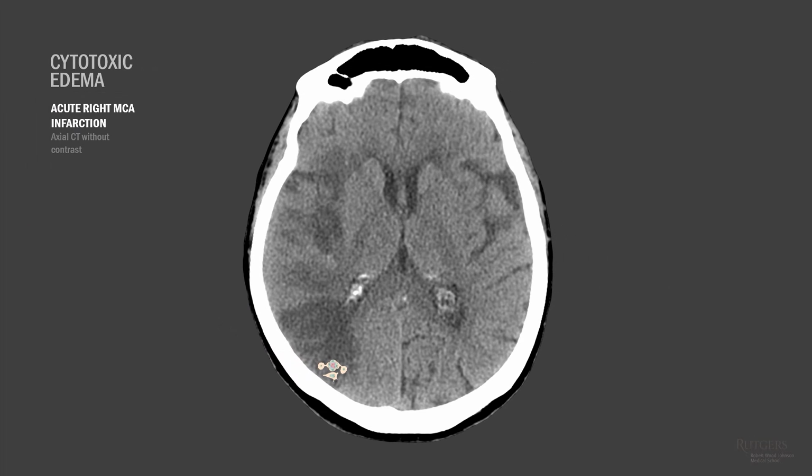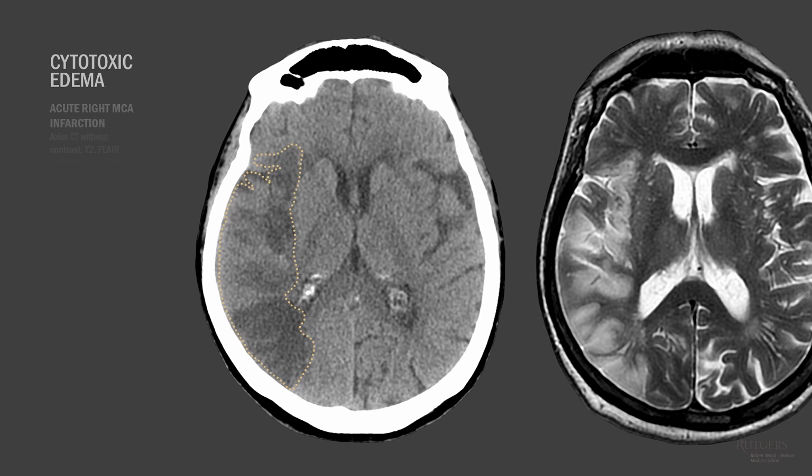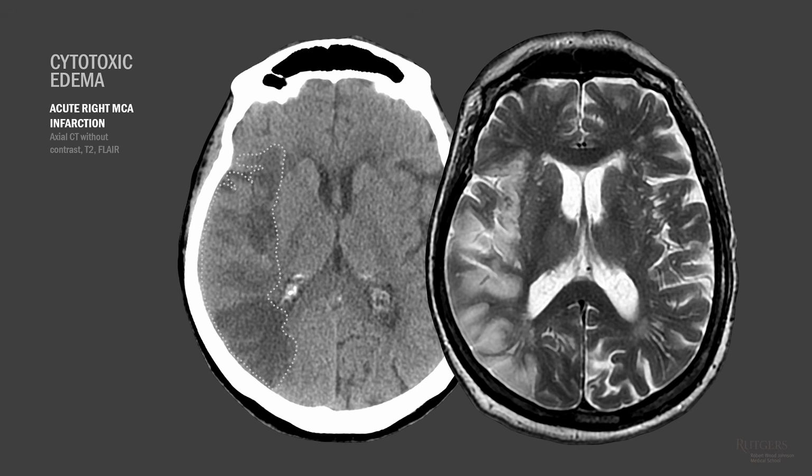Here is a patient with acute right middle cerebral artery stroke. Edema is everywhere. Gray matter, white matter. The cortical ribbon is completely lost, and the loss of this gray-white junction is a clue that we're dealing with cytotoxic edema of ischemia. T2 weighted imaging is much better at highlighting that fluid. Get it? Highlighting because it's bright? No? Alright. The edema is bright, but CSF is also bright, so interpretation of this image is somewhat hampered by the CSF-filled sulci.